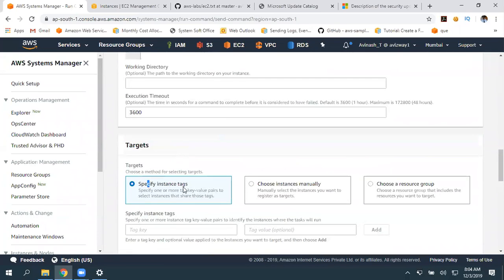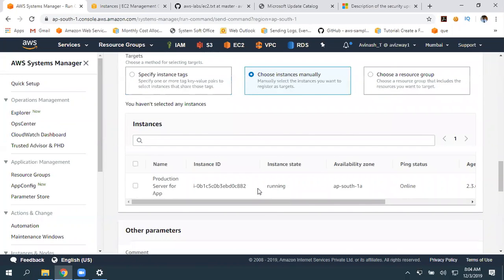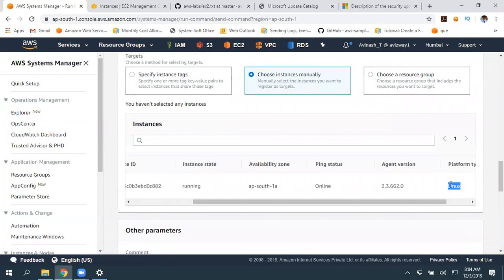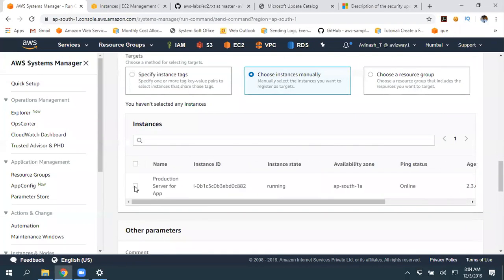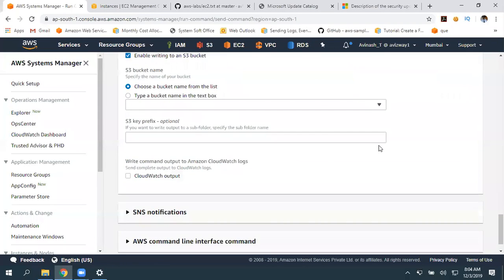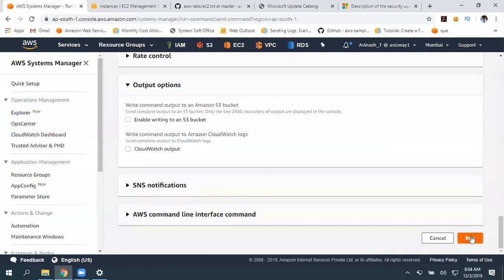Scroll down, choose instances by using tags or choose instances manually. It is showing only Linux instances, since the platform is Linux. So just pick it. I really don't want to write any output, and click on run.